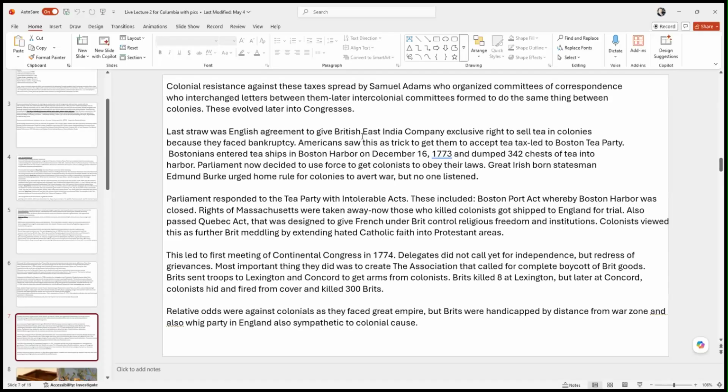But on their side of things, they did have a couple of advantages. One was that the distance between England and the colonies was very great. It would take weeks for a ship to get from London to the colonies, so it took a long time for the British to reinforce their military, to bring supplies, to get orders back and forth. And the other thing was the war was fought basically in their land. They knew all of it. They knew all the roads and all the back roads and all the rivers and everything, so they were very familiar with the geography. And that turned out to be a huge advantage.